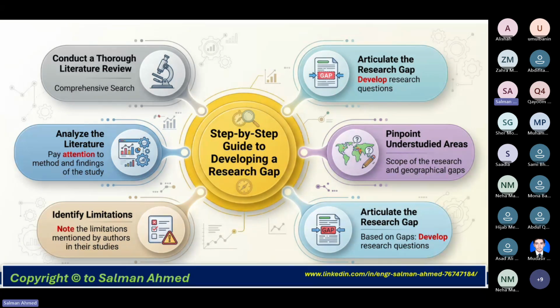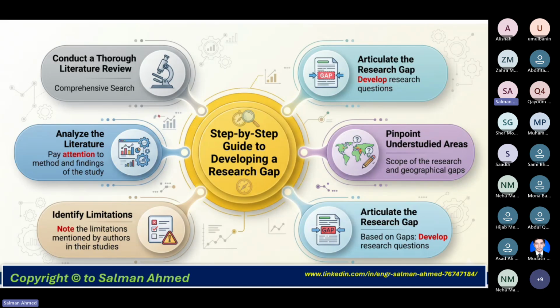So, a step-by-step guide to developing a research gap. I guess these things are very clear from the highlights that I have already taken out for you. First, conduct a thorough literature review. As I told you already, when you do a thorough literature review, you will find a comprehensive search and very good articles related to your research area.